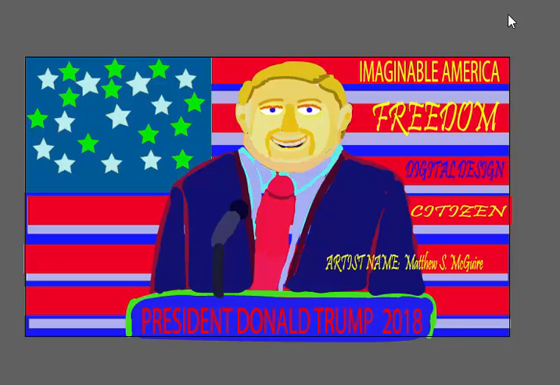Well, hello everyone. Here I'll show you right here the Imaginable America, for freedom, and this right here, I went and painted a picture of President Donald Trump. You see right here I went ahead and used illustration work based on digital designing and digital software, and it drew Donald Trump